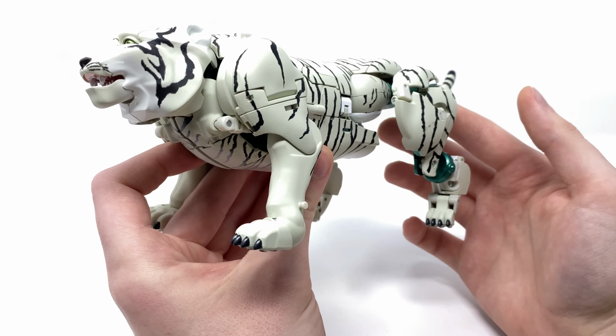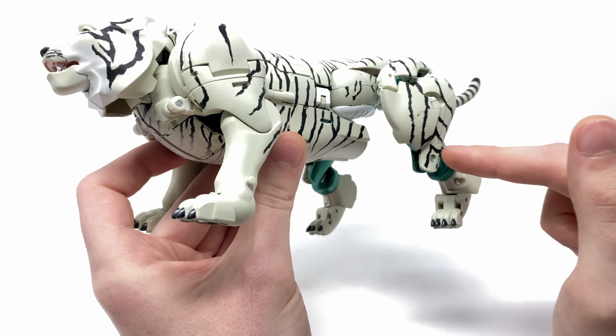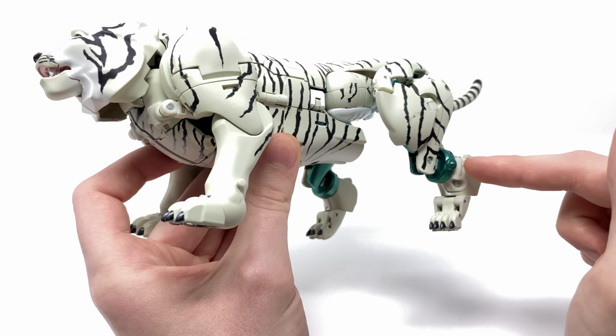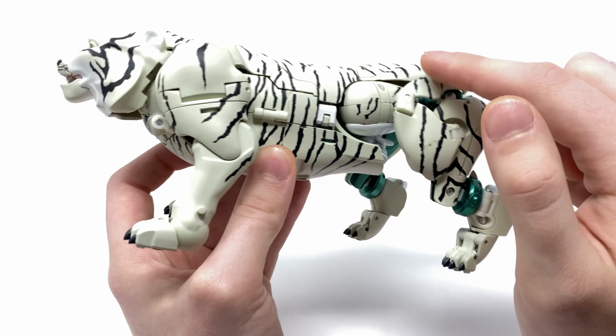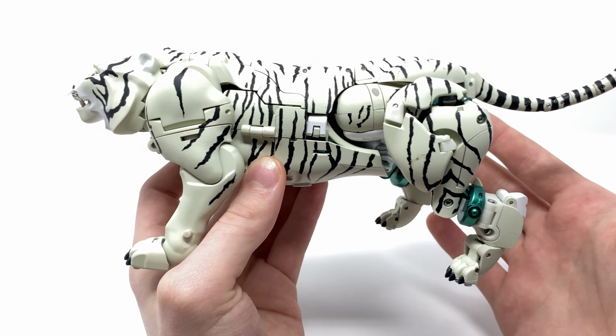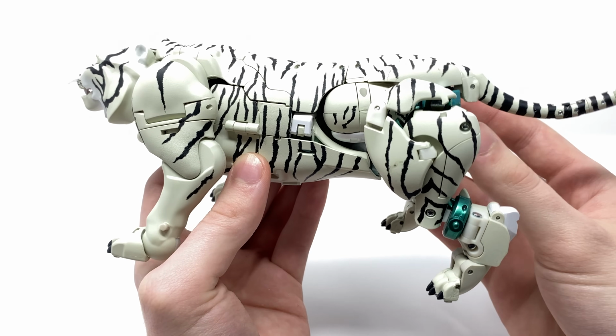The only area of which I have a major criticism is where you can see the green highlights there of the robot mode leg protruding here for the Tiger mode. It would have been nice if they could have found a way to utilize this panel here in order to cover that. However, seeing as how complex this figure already is, I really do believe that they have done their